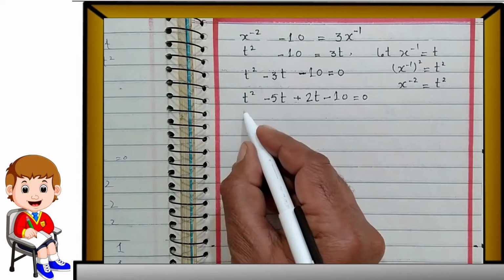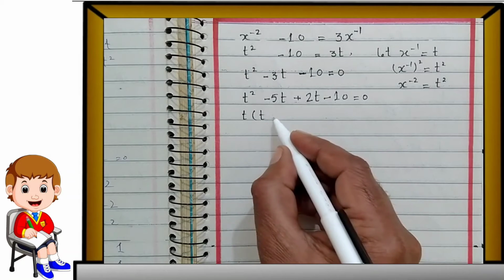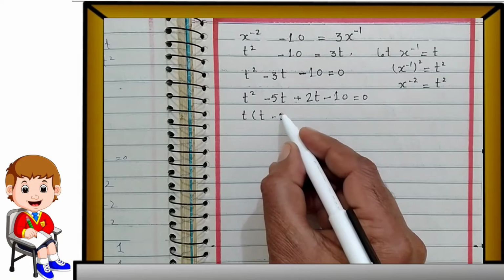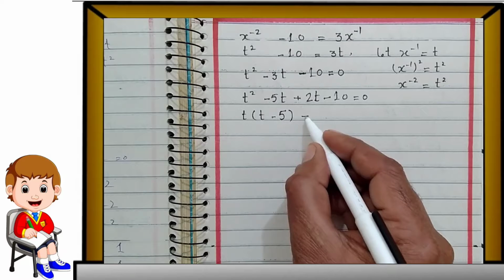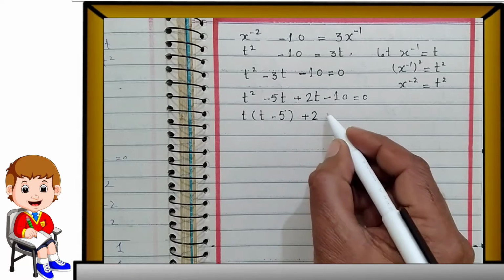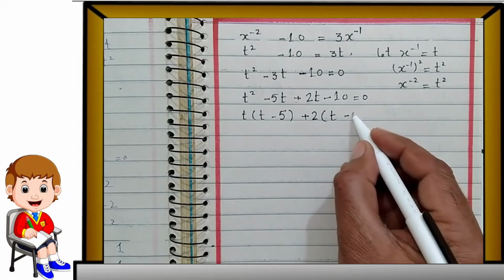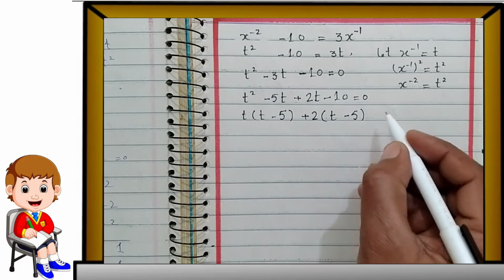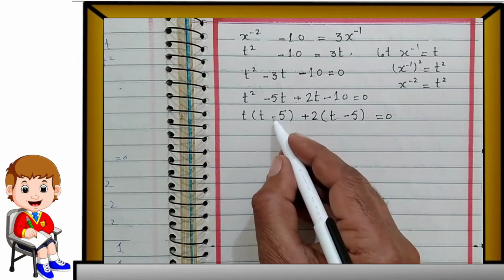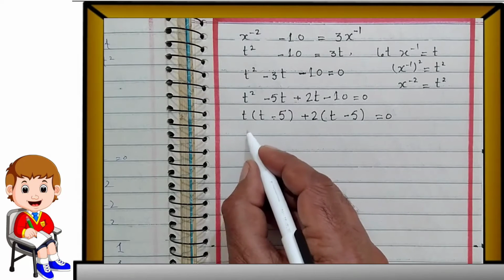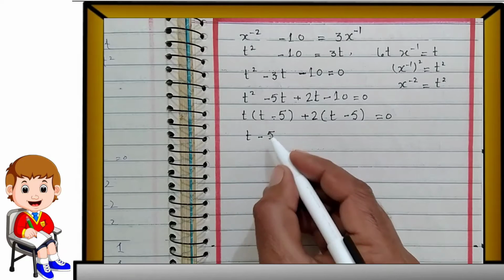Now taking t common, t into t minus 5, and next we take 2 common, 2 into t minus 5, is equal to 0. Now we take t minus 5 common: t minus 5 into